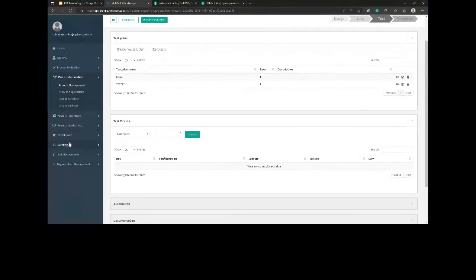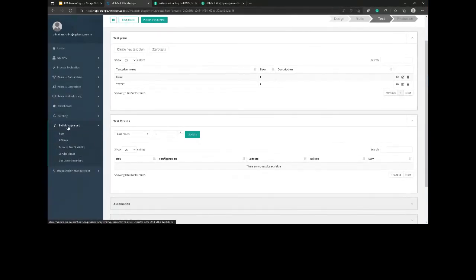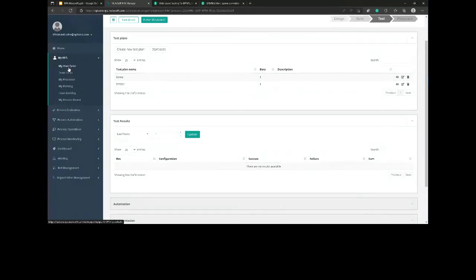And there are a few more things you can do with the bot. A bot will be connected with the API key and everything. There will be a key specific to a bot. Then there will be dashboards, alerts, organization management, process monitoring, which is the automation part, global variables, credentials pool, those kinds of things. Process streaming, bot state and operation, session queues, evaluation you saw, my RPA will be.